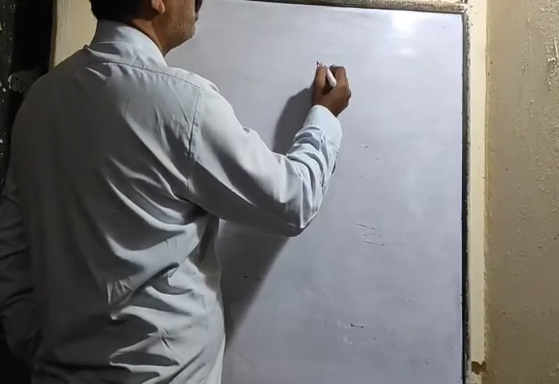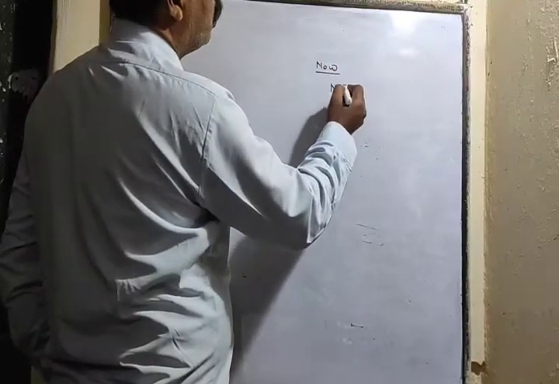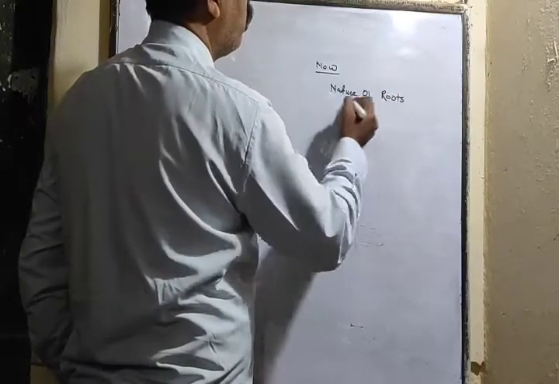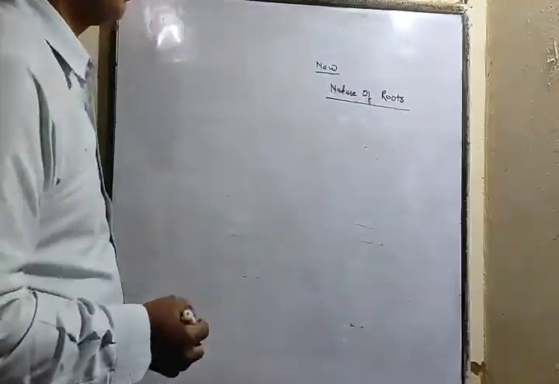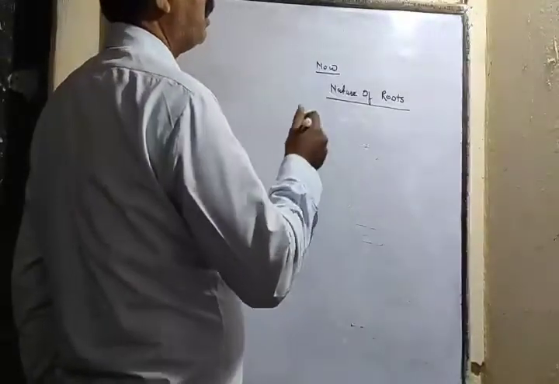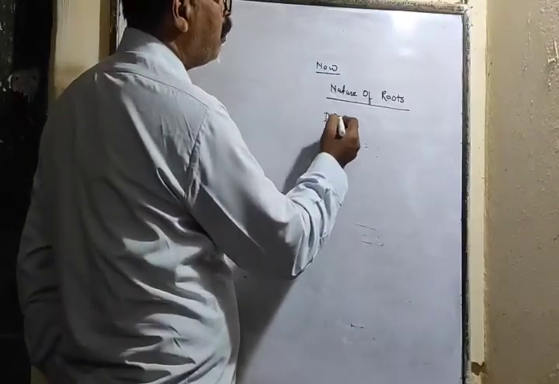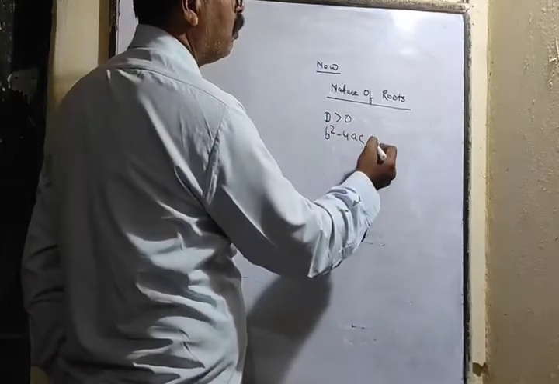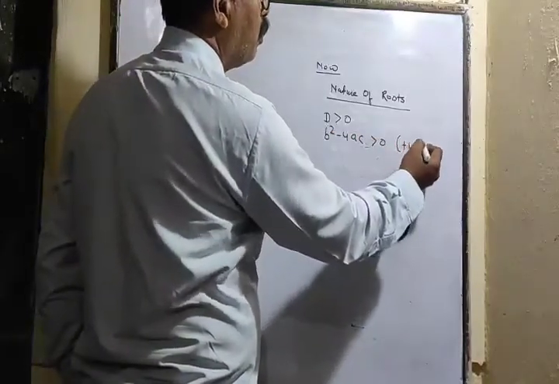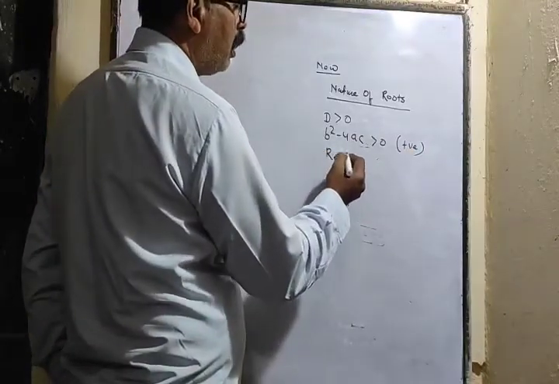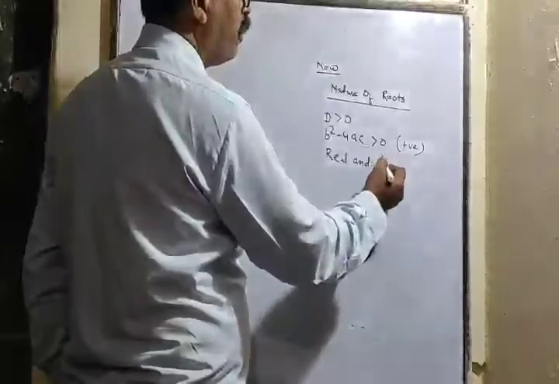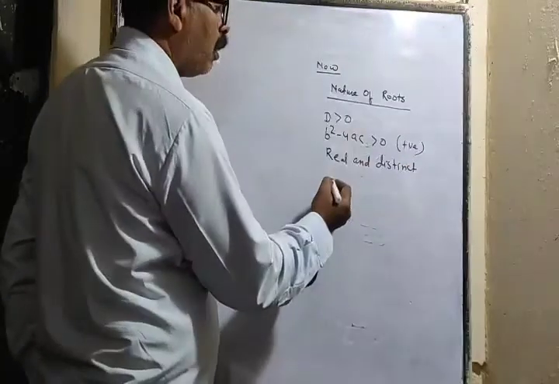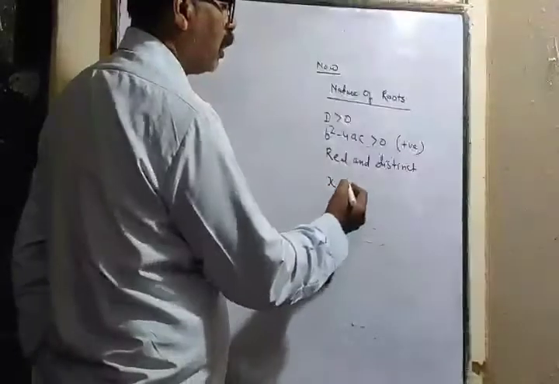Now we are going to examine the nature of roots or solution set of a quadratic equation. As I have already shown, the discriminant tells the nature of roots. So if D is more than 0, or we can say that b square minus 4ac is more than 0, meaning it is a positive value, then roots will be real and distinct. Two different roots will come out. Later on we'll read the formula, but I am reminding you only before that explanation.